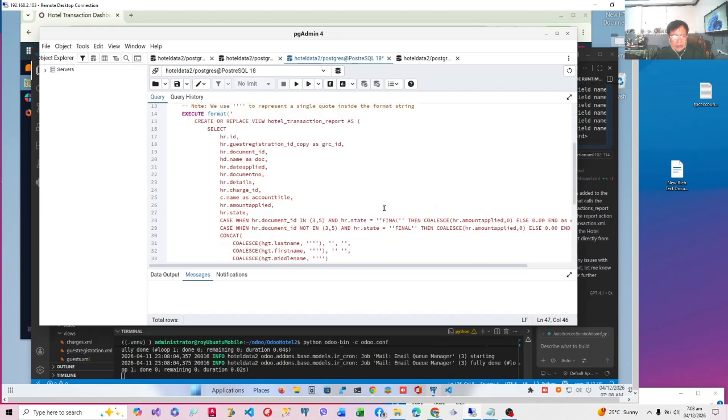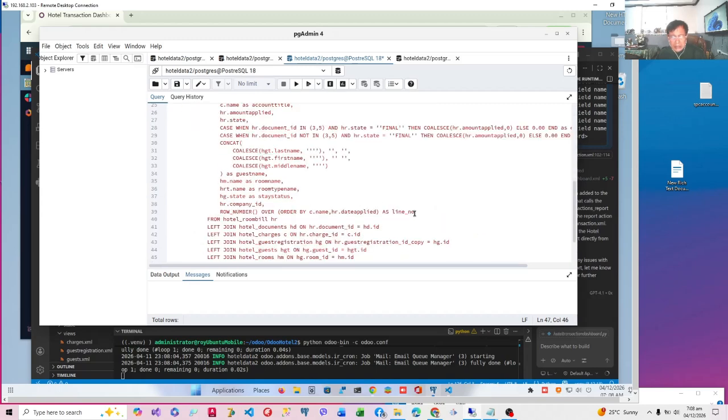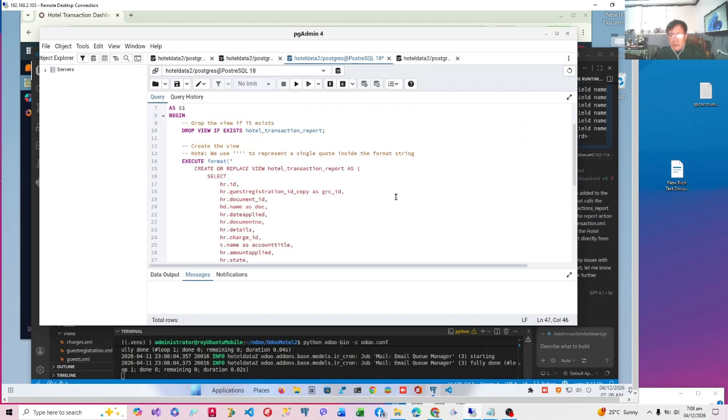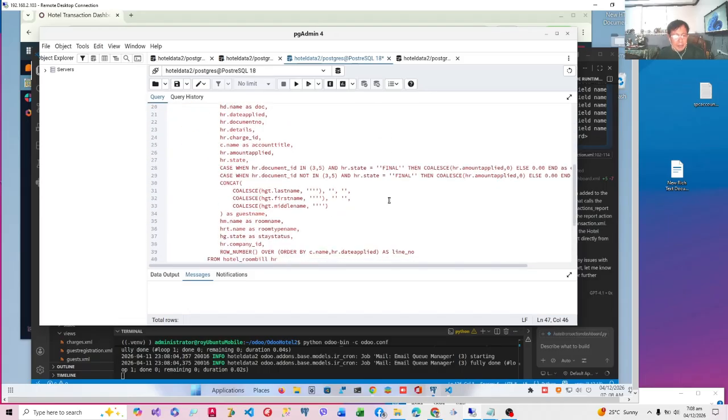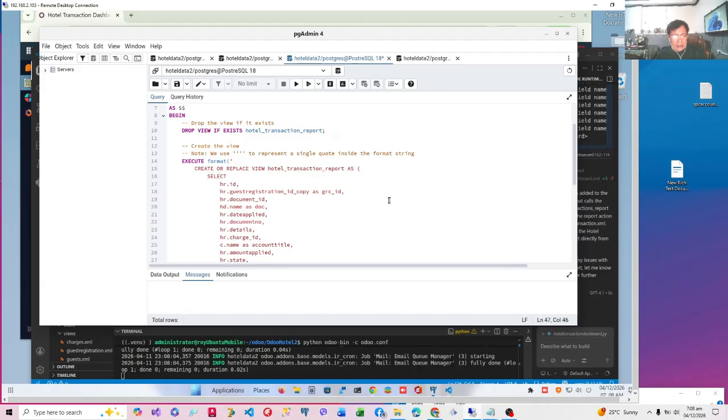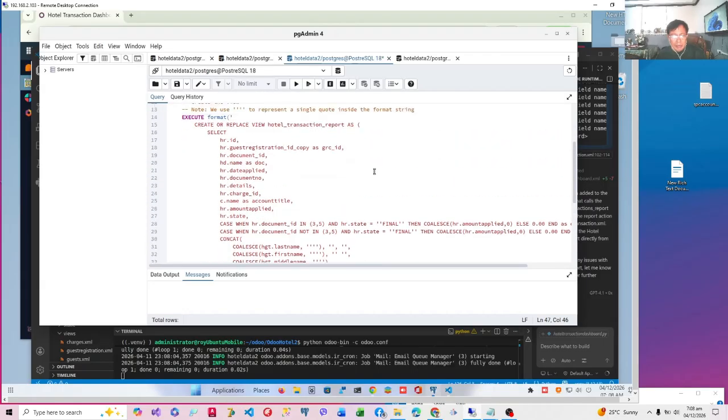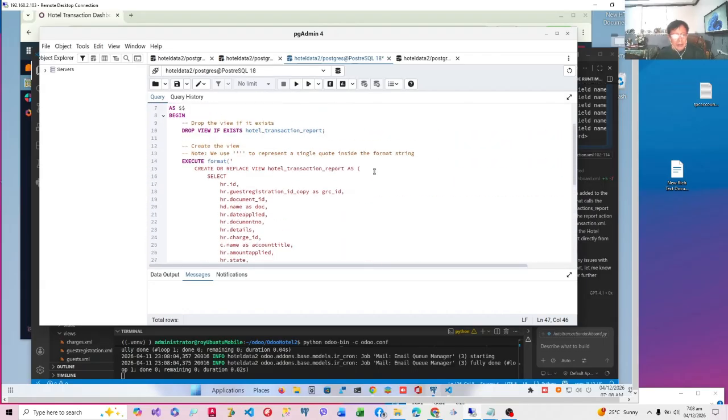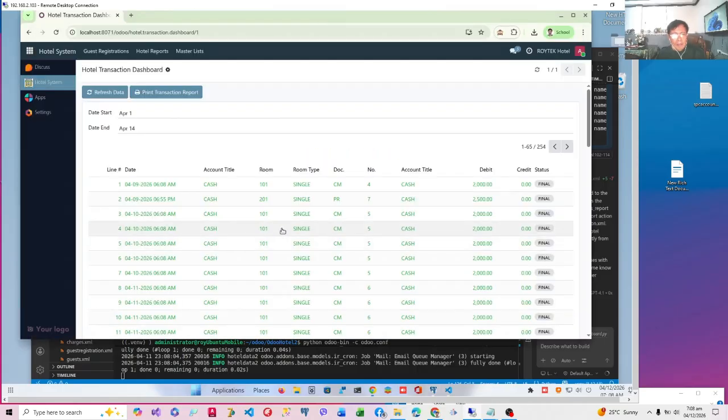And let's take note that the row number is also generated in this query because Odoo XML and QWeb cannot handle it, and even Python can hardly handle it. So we have to handle the line numbering inside this function. So I hope you follow because this is what we get. So in this episode, I'm going to show you how to print this to a long PDF report.